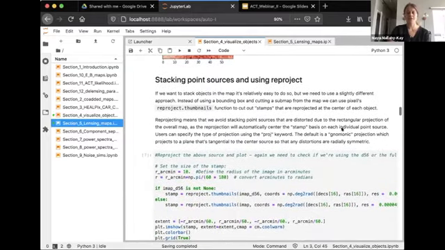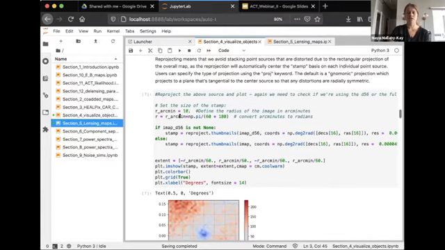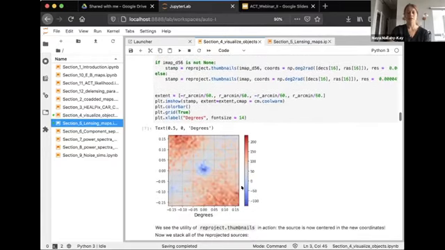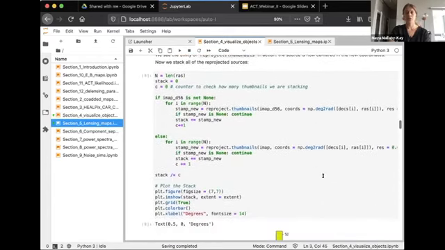We also have some more explanation about how this works. And throughout the notebooks, we try to include quite a bit of text so you understand how things are working. But pixell makes this reprojection really easy. It's a sort of one-line command here, this reproject command, and you get a new map centered on the location of the point source. So the next thing that we look at in this particular notebook is how you can